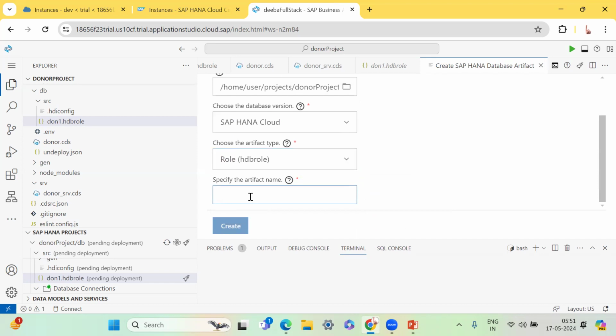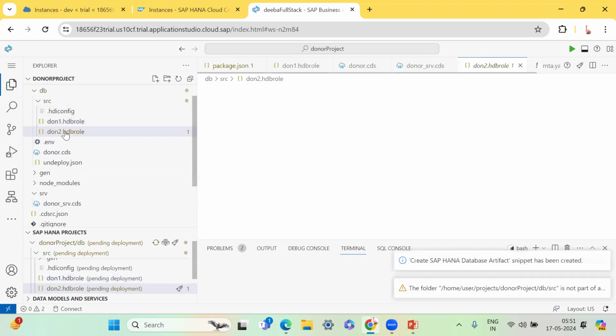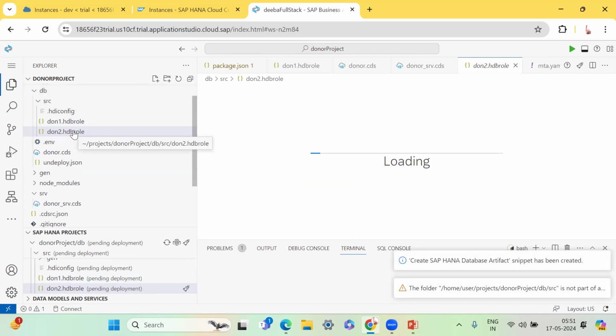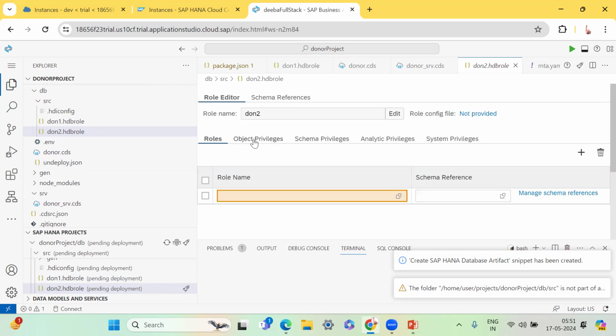And this second role, we'll call that Don2. So when you pull this Don2 and create it, another folder under the SRC, inside the DB, gets created, and it automatically opens up the editor mode,